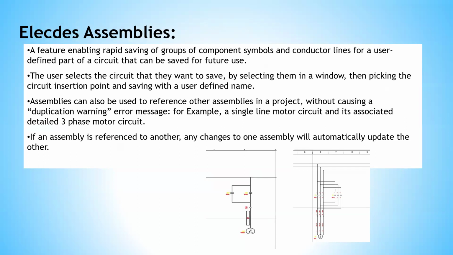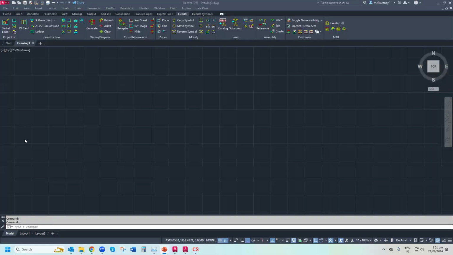Now, if you put them in the same project, as you're liable to, it would come up, number one, with a duplication error. The other thing they wanted to do is they had simple sub-circuits that they wanted to be able to save and use in future. And as I say, it's a good idea. It took a while to get it done, but it's there now. So the easiest way is to show you again. If I go to screen number 1,